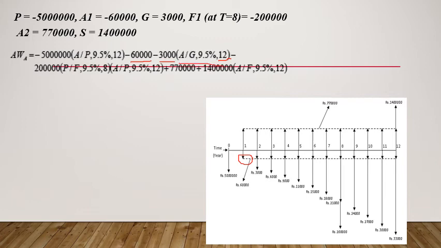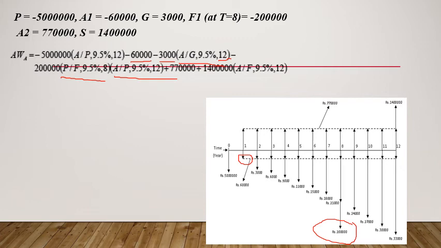Then this 2 lakh, which is in between the ends, what we need to do? First we need to convert that into P and then to A. That's what I have done here. P by F comma 9.5 comma 8, and then to A using the factor A by P comma 9.5 comma 12,